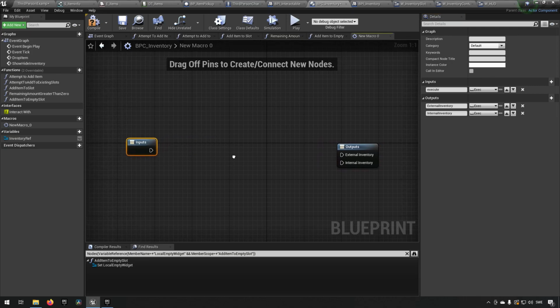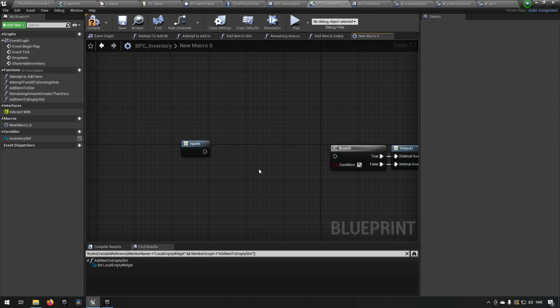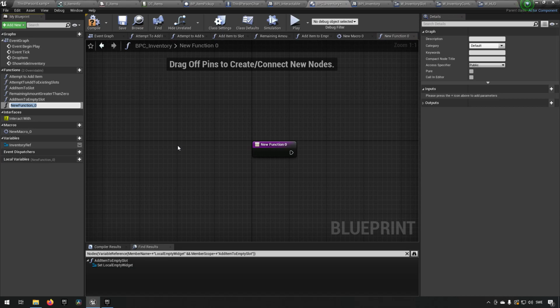In between these, we're going to have a branch which allows us to go either the first or the second way. And we're also going to be needing a function here to determine if it is an external or internal inventory. So we'll be creating a function for that, and we'll call that function check external inventory,